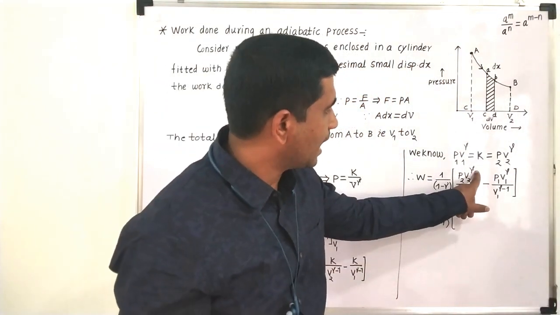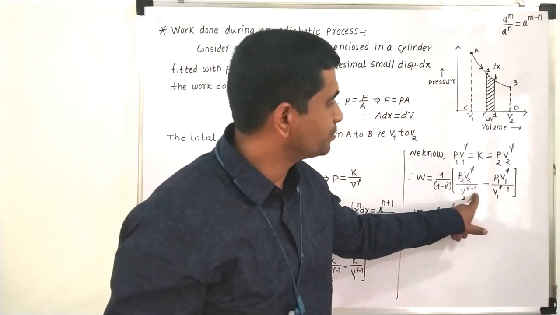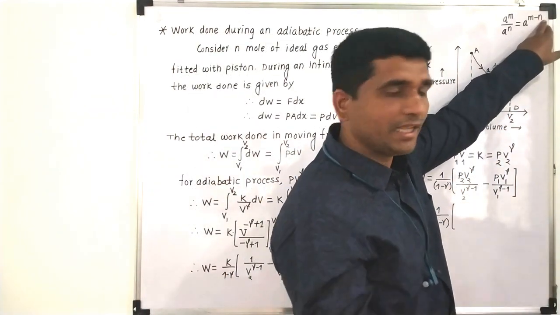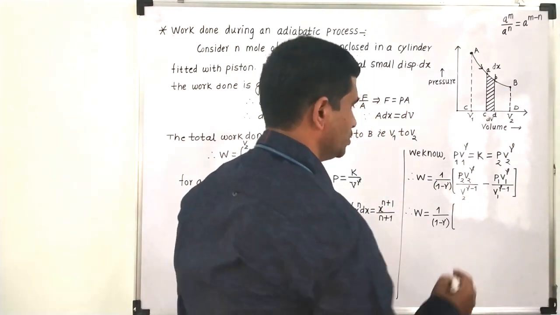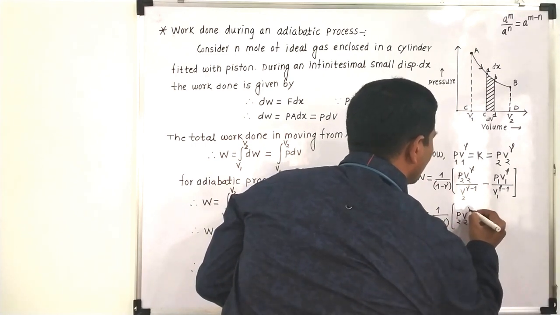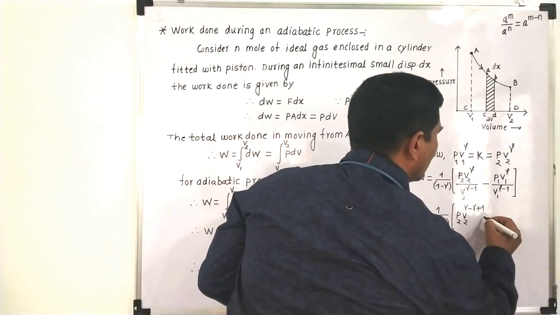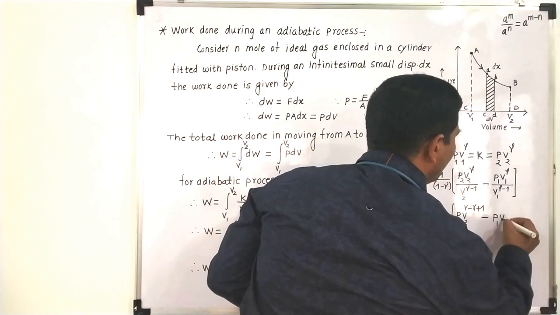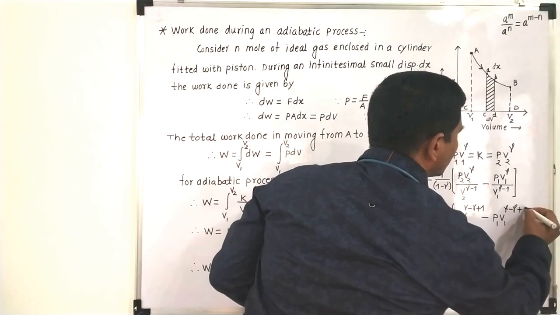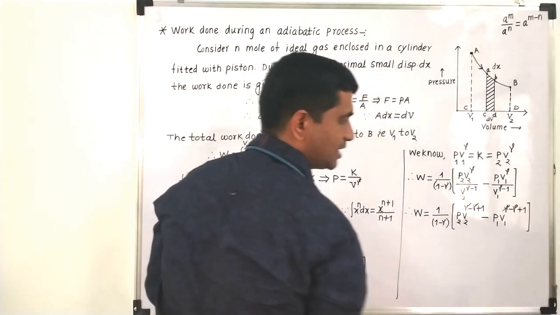Okay, so gamma minus gamma, that will cancel. This gamma will cancel with this gamma. This minus 1 becomes, after transferring to the numerator, denominator power will become negative. So this minus 1 becomes plus 1. So what we will get? We will get P2 V2 raised to gamma minus gamma plus 1 minus P1 V1 raised to gamma minus gamma plus 1, bracket complete. So this gamma will cancel, this gamma will cancel.